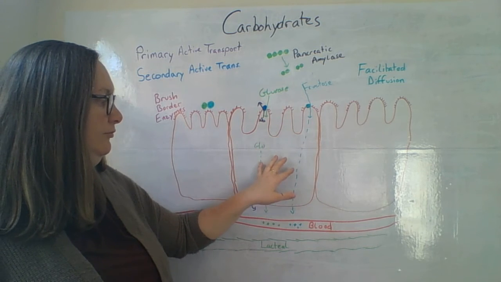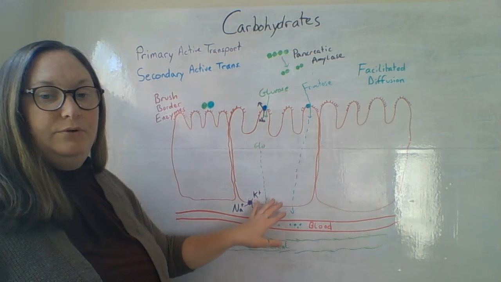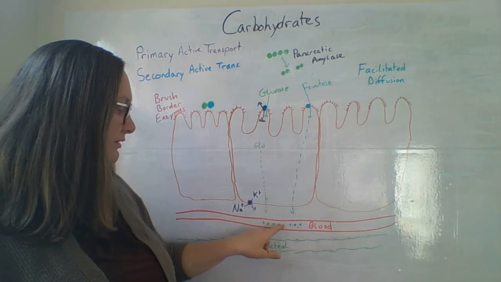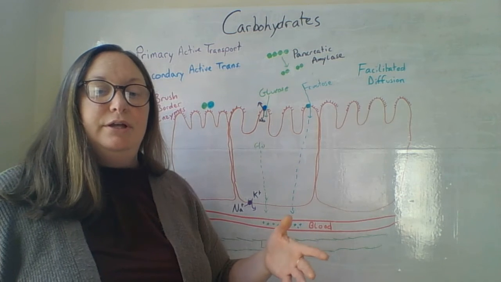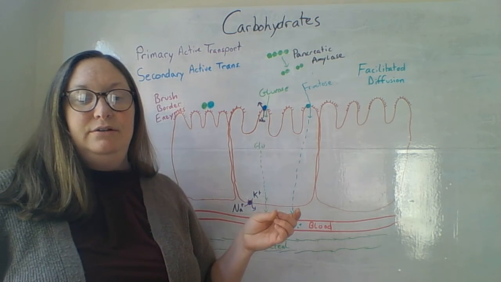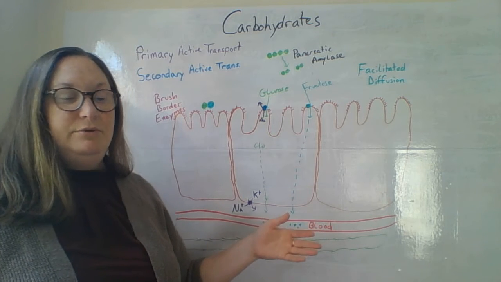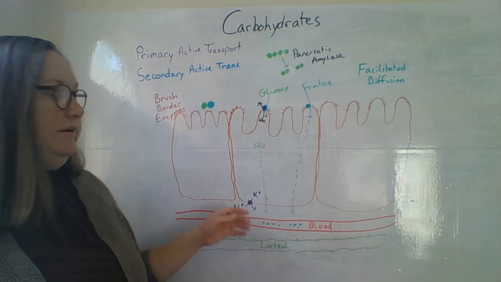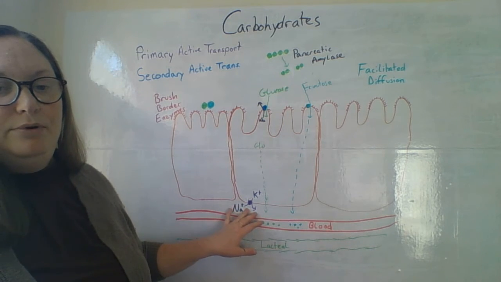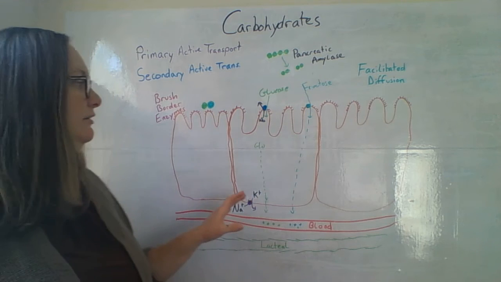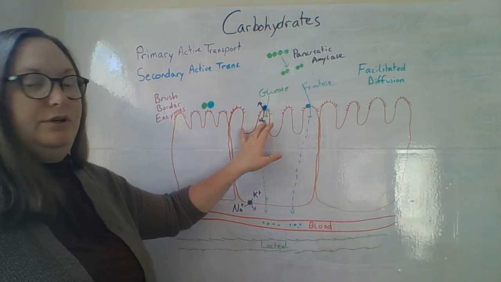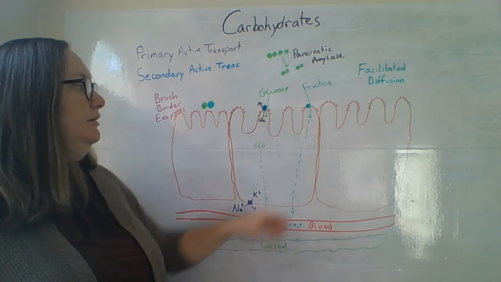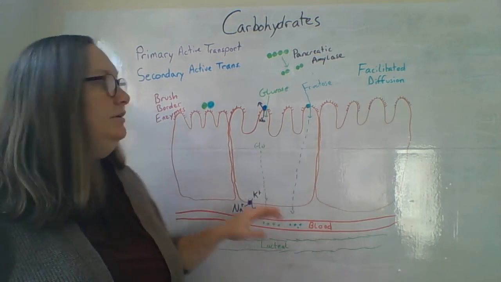Both of them cross by transcellular transport, going across the cell, out the basal membrane, and they can both diffuse into the blood. They're hydrophilic, water-loving. They can get into the blood. Does that make sense? So we have a few critical points, right? The sodium-potassium pump, primary active transport, establishing the gradient. We have the glucose and sodium transporter using the gradient, secondary active transport there. Fructose is facilitated diffusion, and